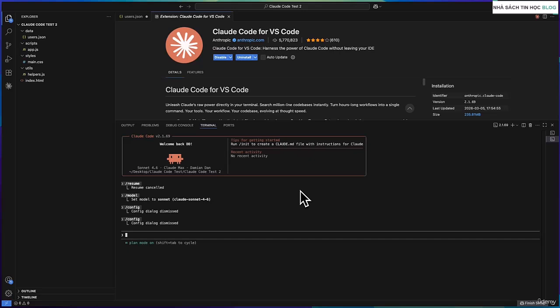All right, so that covers everything you need to get up and running in Visual Studio Code. We also covered some basic commands. In the next lesson, we'll get Antigravity set up, and then we'll be ready to start building.